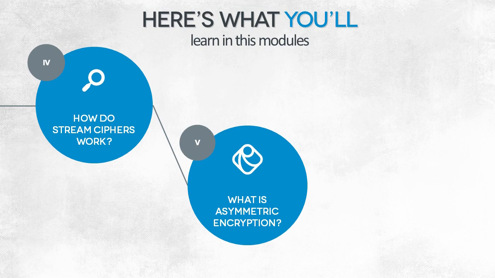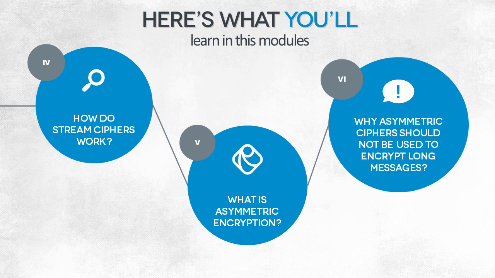Another topic covered will be public key cryptography, or asymmetric cryptography, a cryptographic field with a much shorter history. While symmetric encryption was used back in the days of Julius Caesar, public key encryption has emerged quite recently. It's about 100 years old. The practical applications of this solution are even newer. We'll also discuss why asymmetric ciphers aren't good for encrypting long messages and broach the main shortcomings of asymmetric ciphers.